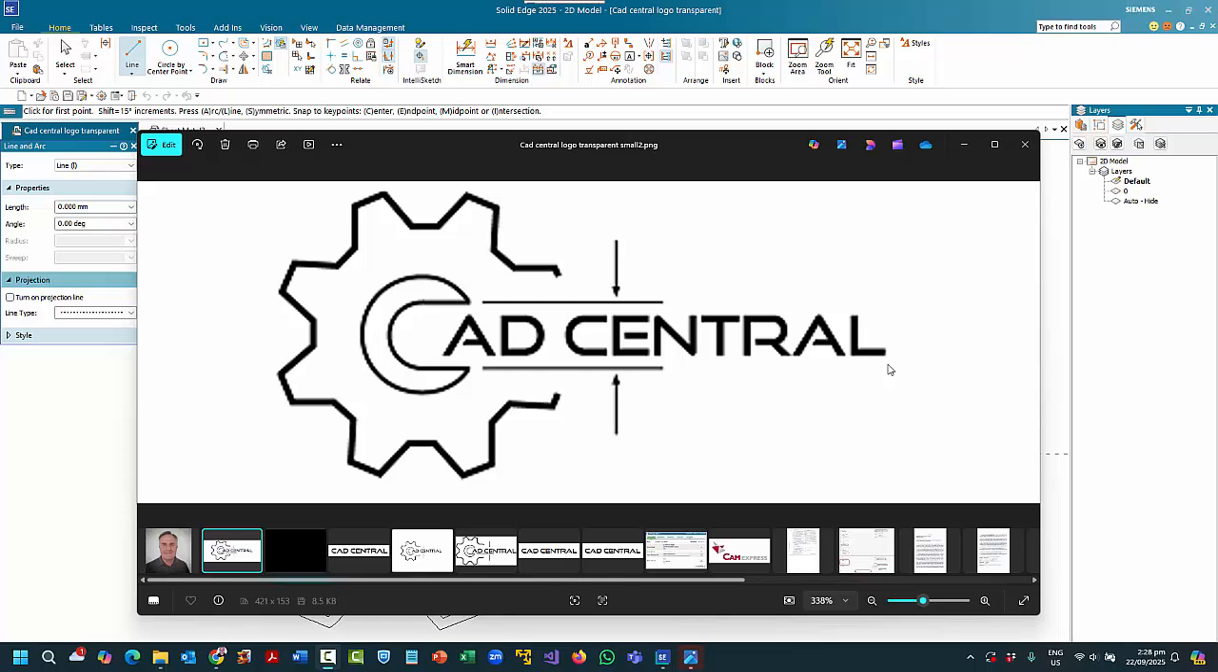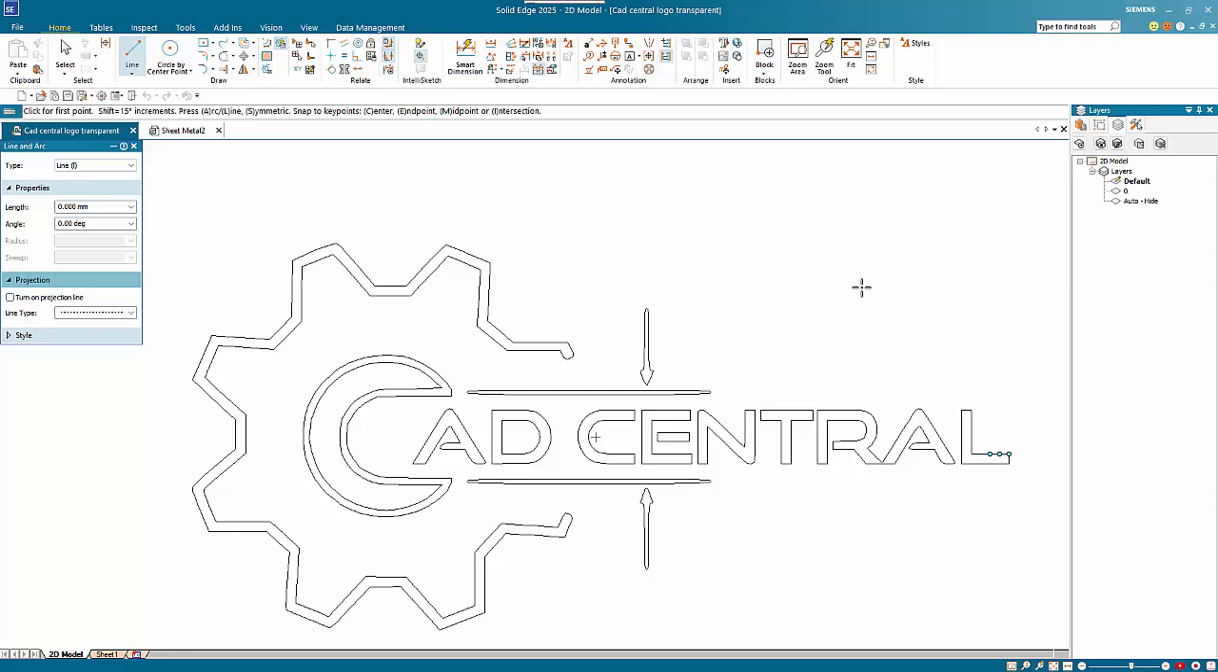So you may have a situation where you want to use a logo and apply it to your model somehow. I've got a PNG file, could be JPEG or whatever, and I've used an online free converter to convert it to a DXF, which I've opened up in my Solid Edge draft. What I need to do from this stage is make sure that the lines are all endpoint connected,